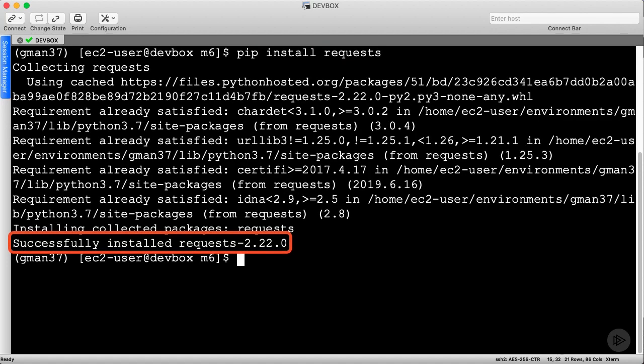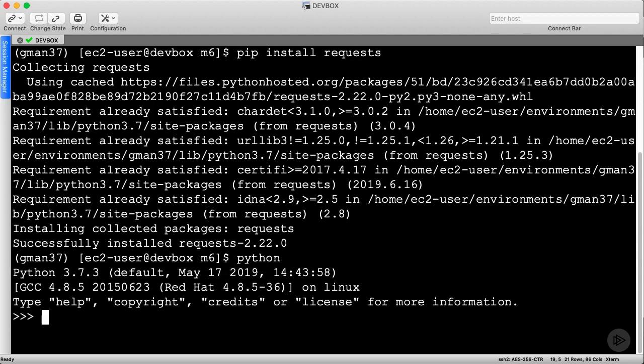Before we explore the Python code, let's use the interactive Python interpreter to learn what is available with the requests library. We could also scour the public documentation, but the requests library is quite intuitive and a little bit of exploration goes a long way. First, let's import requests. If we want to see a list of attributes and methods that are available in this module, we can use the dir function.